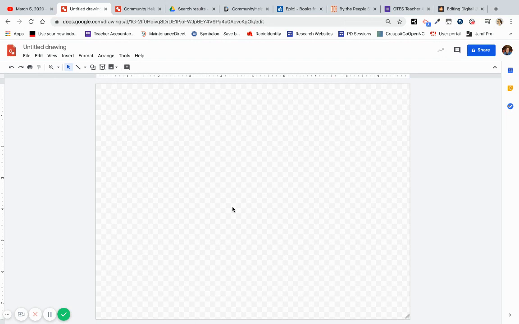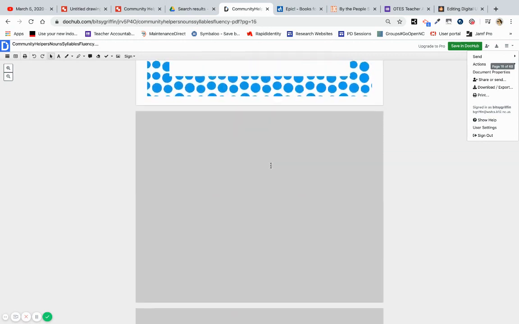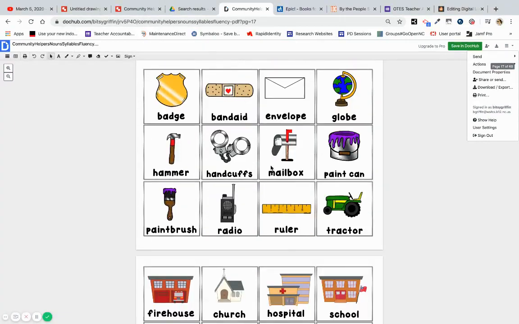So let me show you how I made this. I'm going to use the standard size board for this. I'm not going to resize it. Here's the original packet that I had. And what I did was I went in and I